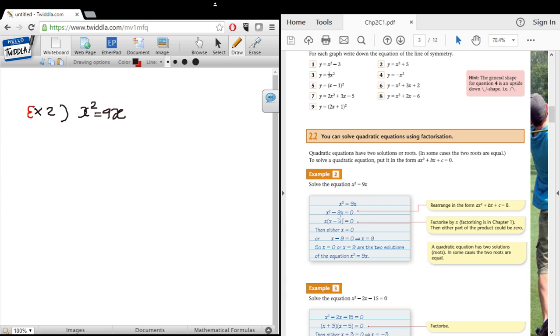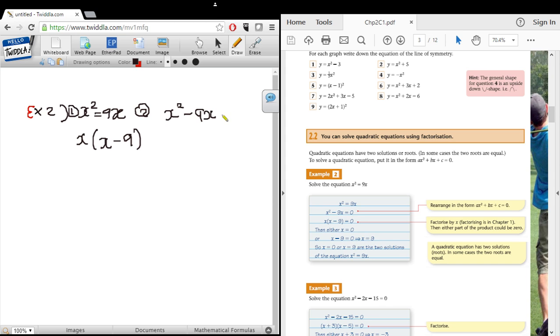So with this equation here, pretty much all they've said is the following. Let's factorize. So we have x minus 9. Okay, let me do it more clearly. So that's the first step, that's the second step. So they've taken 9x to the other side. So remember, whenever you take one thing from the other side,